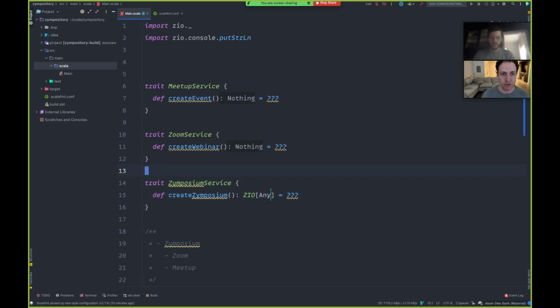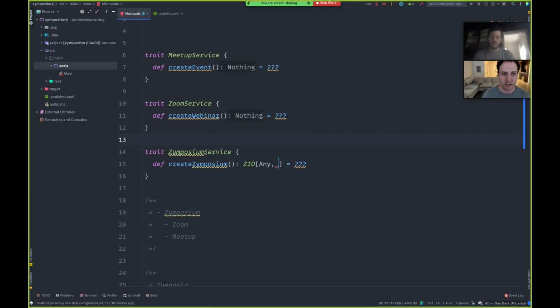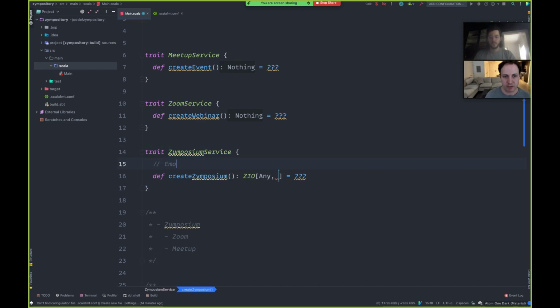One of the things we always want is for our interfaces not to depend on anything in the environment. Sometimes that's an anti-pattern that I've seen. Some very smart people unintentionally introduce that. You want to embody all the dependencies in the creation of this service versus the environment type. So this would probably be Any. We haven't really sketched out the error type yet. Clearly, if we're doing this across networks, there are going to be a bunch of different possibilities for failure. Maybe in a very initial sketch, we throw in Throwable here, and then we think about refining that to some more domain-specific error type.